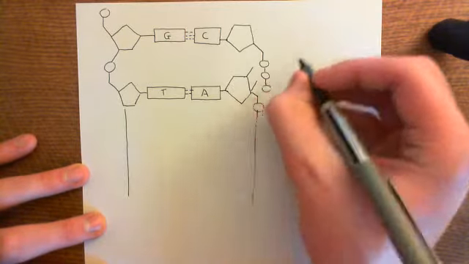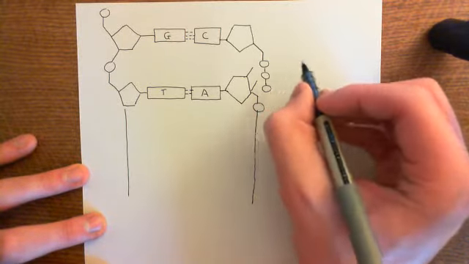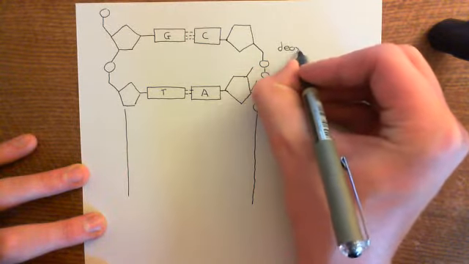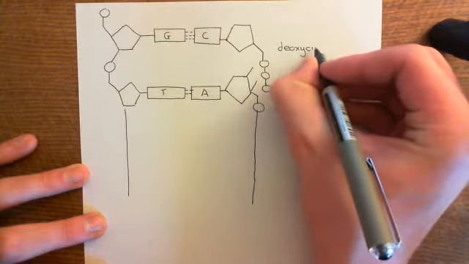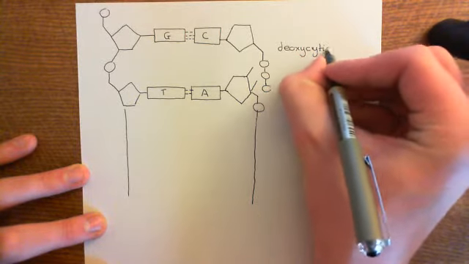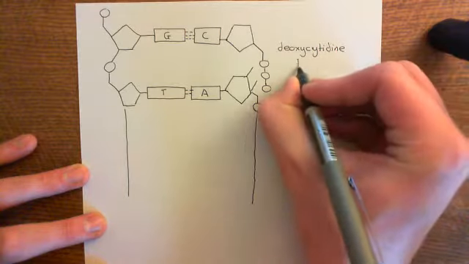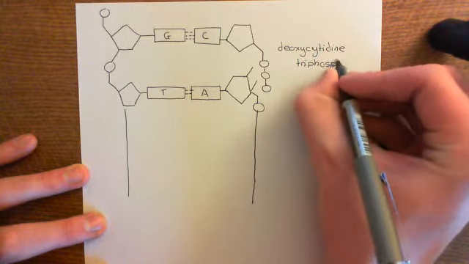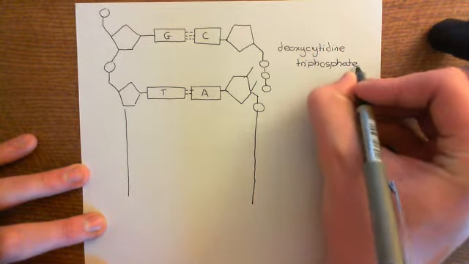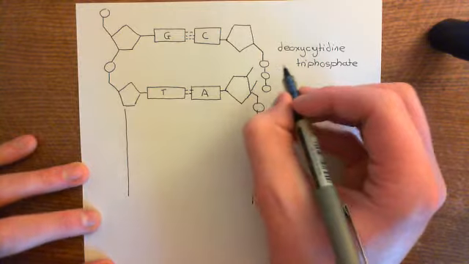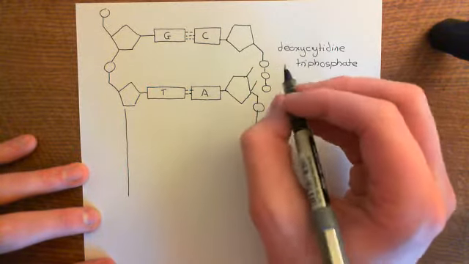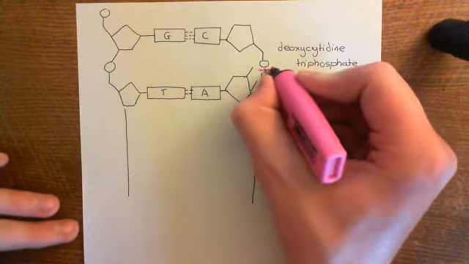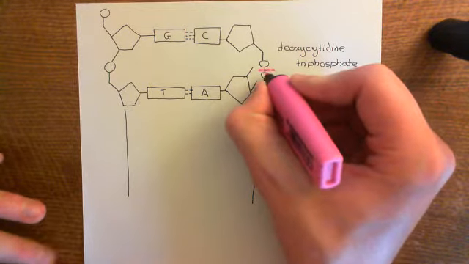Okay, so you bring in the deoxynucleoside triphosphate, and this is specifically deoxycytidine triphosphate. Okay, right. Now you only need one of those phosphate groups to make the sugar phosphate backbone. So what then happens is the enzyme DNA polymerase, and it will be DNA polymerase 3, but don't worry about that. What it's going to do is it will cleave this bond between this first phosphate group and this second